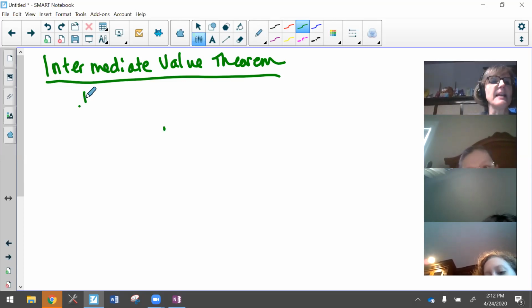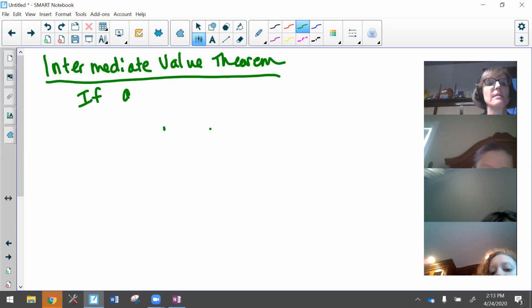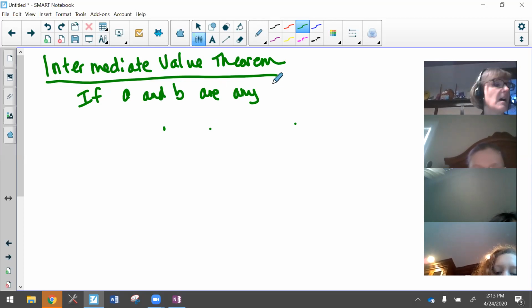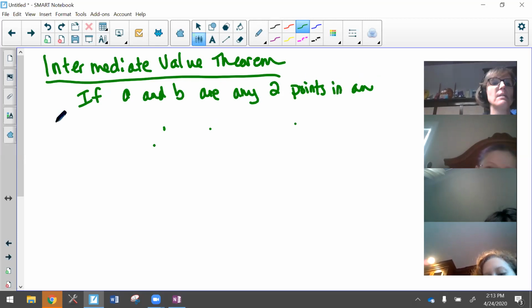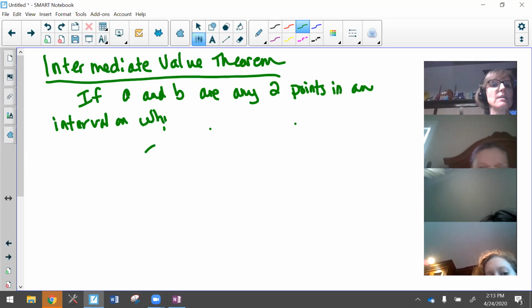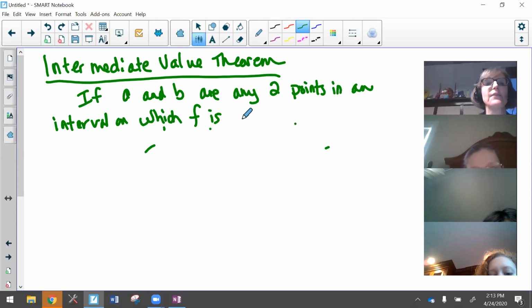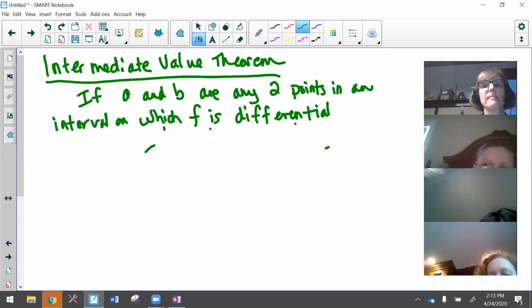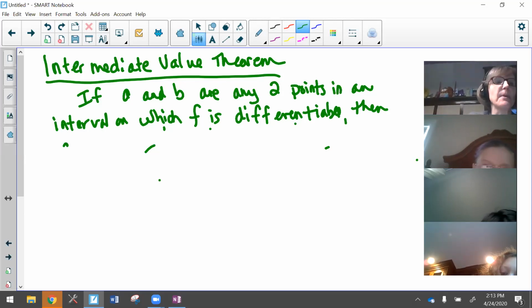And that basically says that if A and B are any 2 points in an interval on which f is differentiable, then f prime takes on,